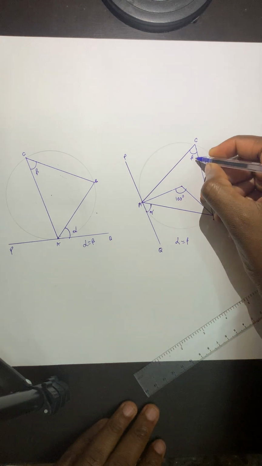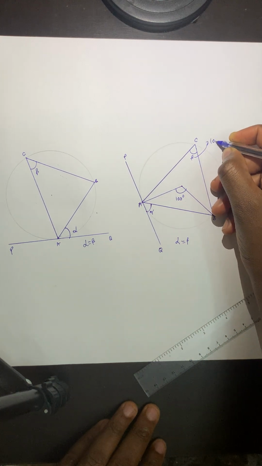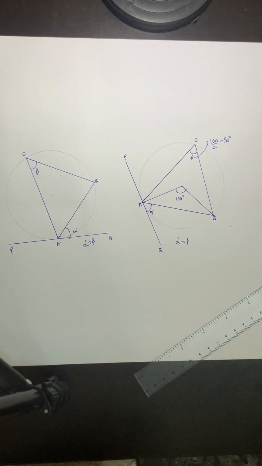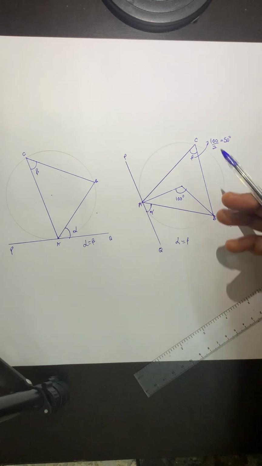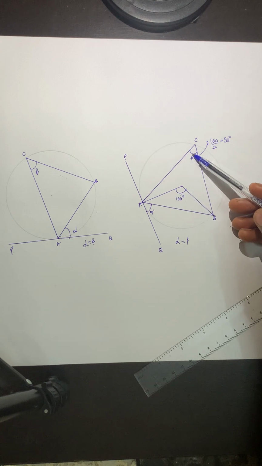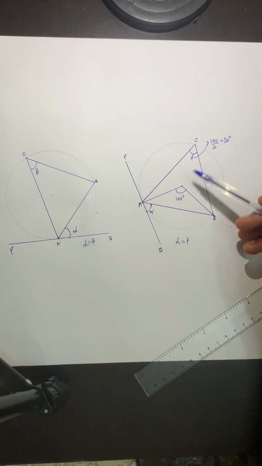Yes, I can find beta by saying 100 divided by 2. This will give me 50 degrees. Can you give me justification for this? Great. The angle at the center is twice that at the circumference. So if this angle is 100 degrees, this one is 50 degrees, and if my beta is 50 degrees, automatically